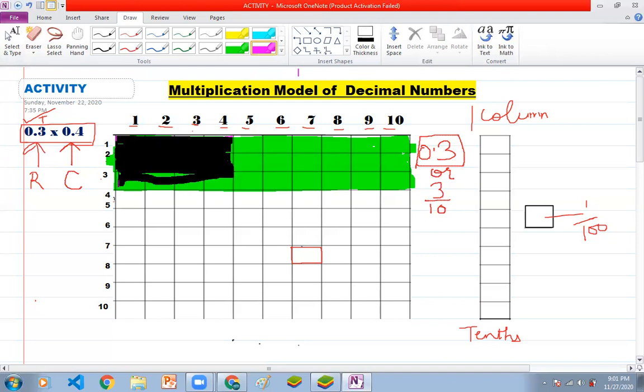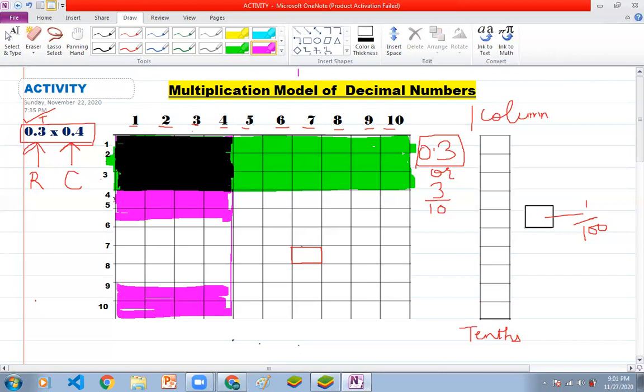It means that you are now understanding the multiplication of a decimal number. We are also learning how to mix the shades and you will get a different shade. And you can see that the pink color is there. So I need to shade only the 4 columns. You have to shade the columns only, 4 columns only till here, 1, 2, 3 and 4. So this is how we are shading 4 columns.